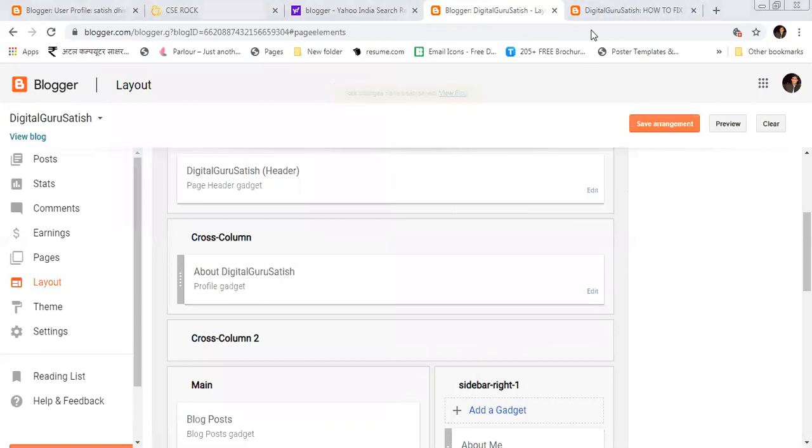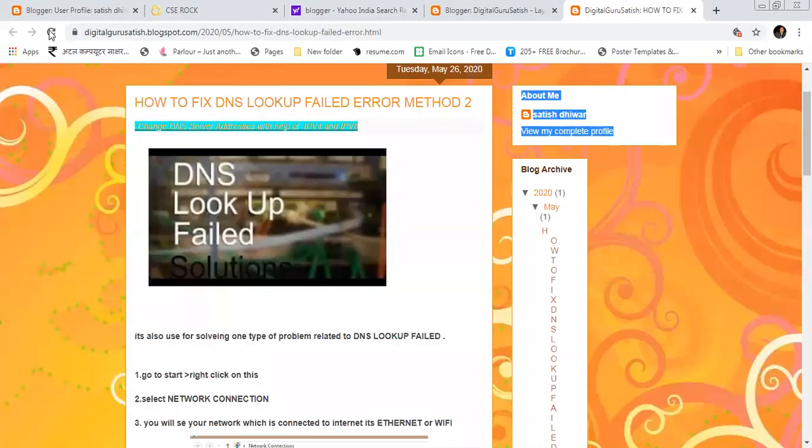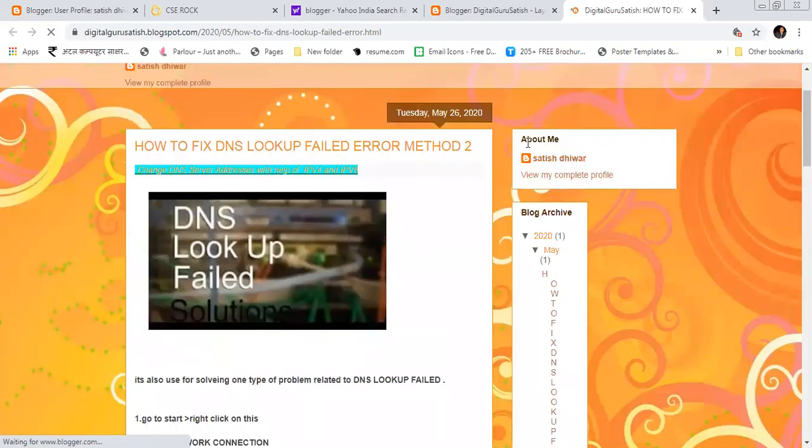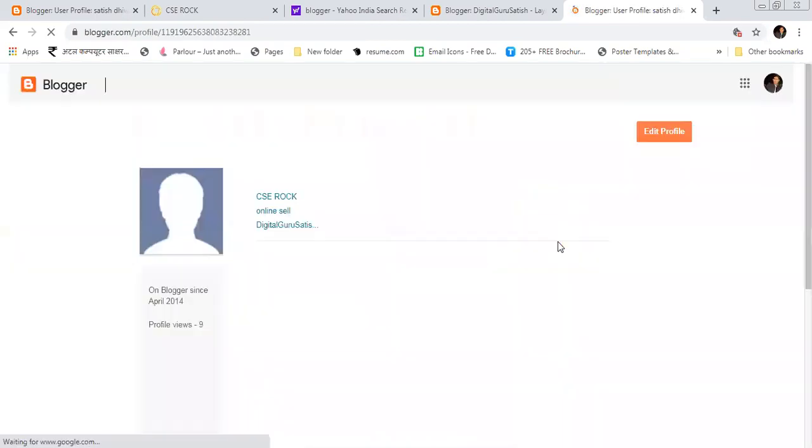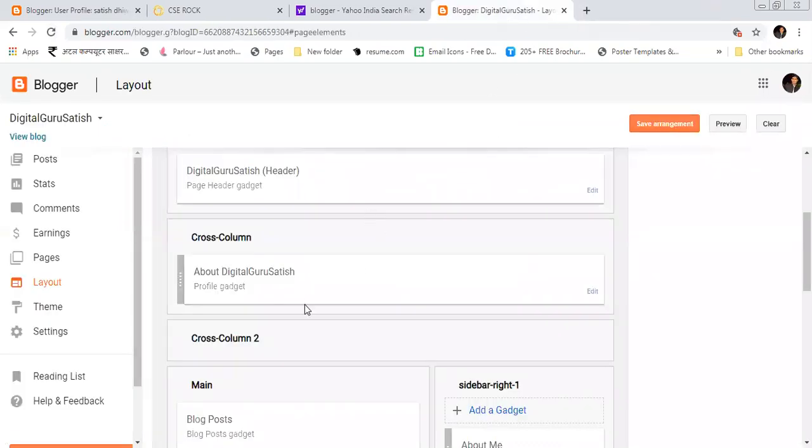After that, go to your blog and refresh your page. After refreshing, I think it has not changed. Satish Thevar. Okay, that is here. Sorry, not here. When you click on this, maybe it did not change because we did not save it.